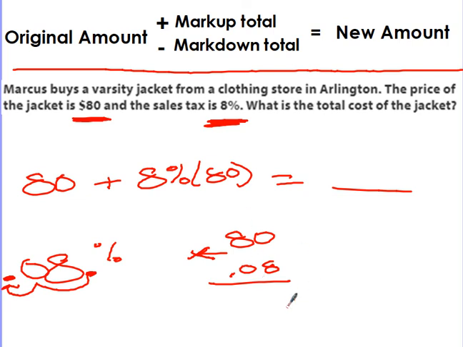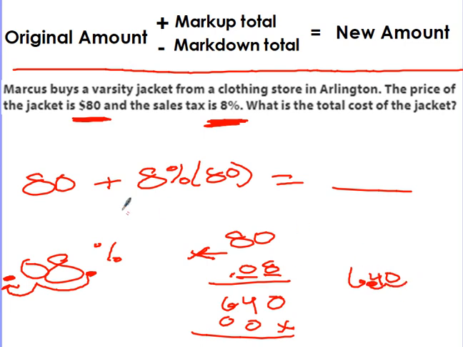And now I just do my multiplication. 8 times 0 is 0. 8 times 8 is 64. And then I move over, and I know I'm just going to have zeros here. I ran out of space, sorry, because of my sloppy writing with this slate. 640 is what I would add up right down here. Move my decimal over once, twice,